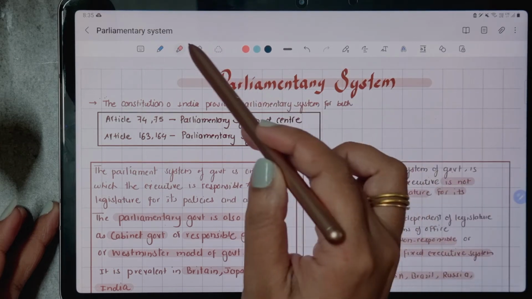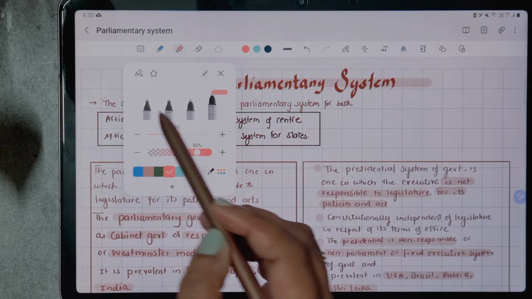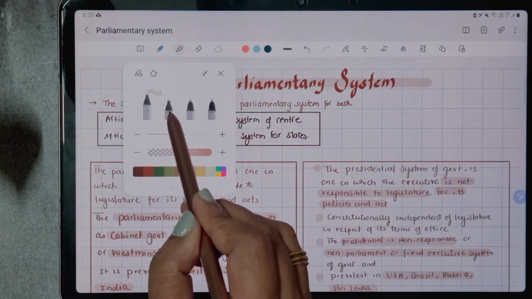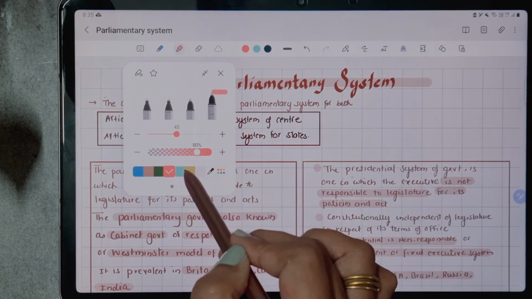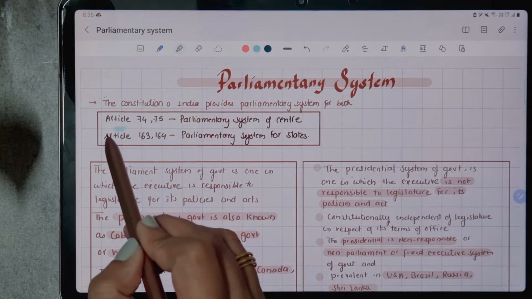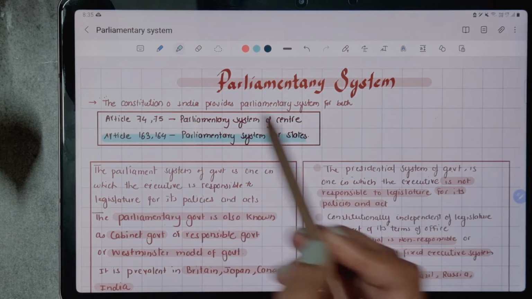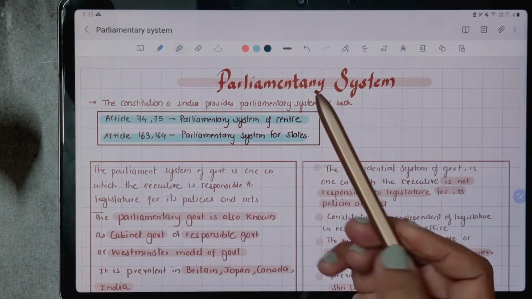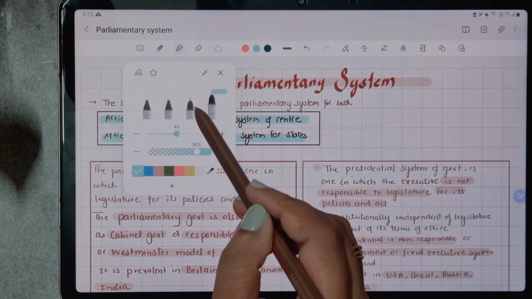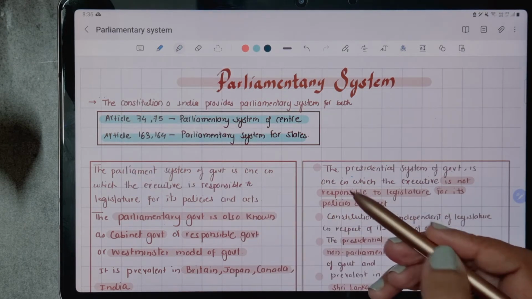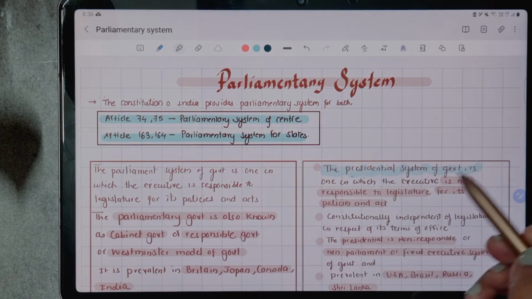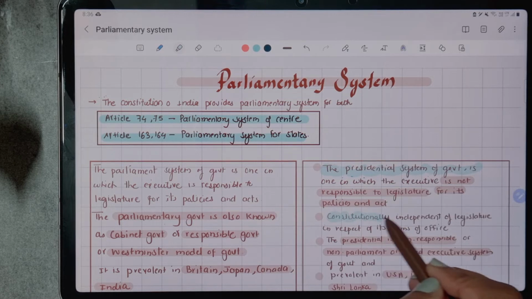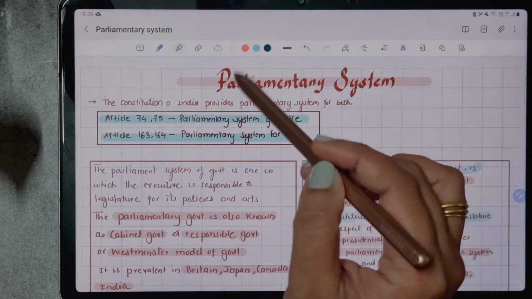Number 9. Highlighter mode. The Samsung app provides 2 types of highlighters. The first one is highlighter and another one is marker. There are a total of 4 types of highlighter. First one is regular highlighter, second is straight line highlighter, third one is marker pen, and fourth is straight line marker pen. The regular highlighter and straight line highlighter have sharper edges, while the marker pen has round edges. If you want neat and clean highlighting in your notes, you prefer the straight line highlighter or straight line marker pen. I generally prefer the straight line marker for my notes.